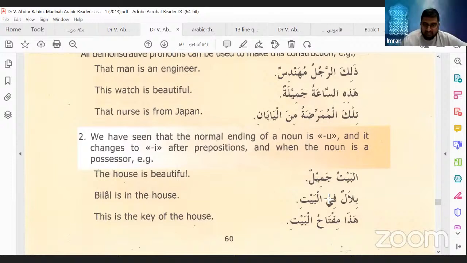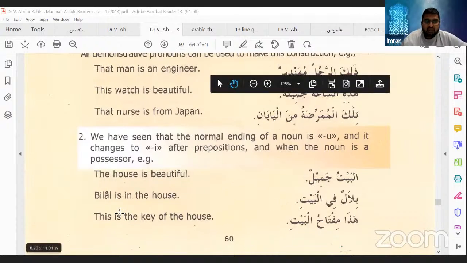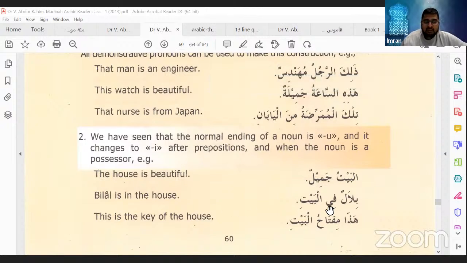Now in the next sentence, which I haven't taught you before, but now I'm mentioning it now: Bilalun fil bayti. Also, when a preposition comes, prepositions never come as the subject, mubtada. They always come as khabar. So here, Bilalun fil bayti. If you look at the translation, you will get the hint. When we say Bilal is in the house, we are inserting the word "is" before "in the house." So this implies that fil bayti is coming as the khabar, the predicate.